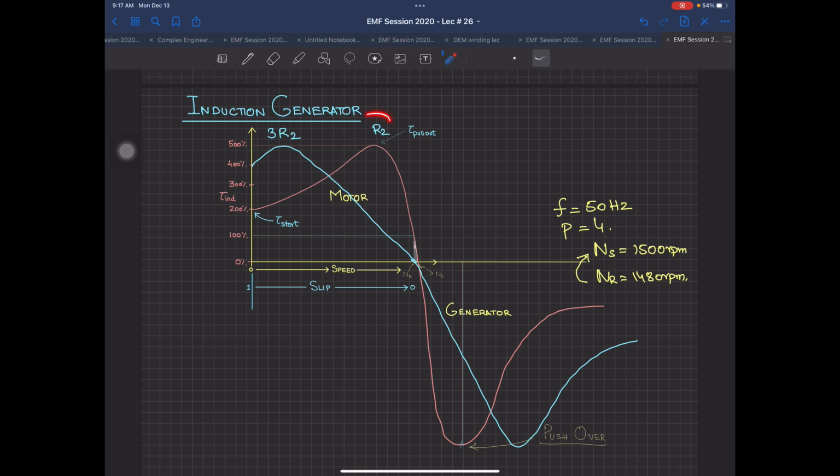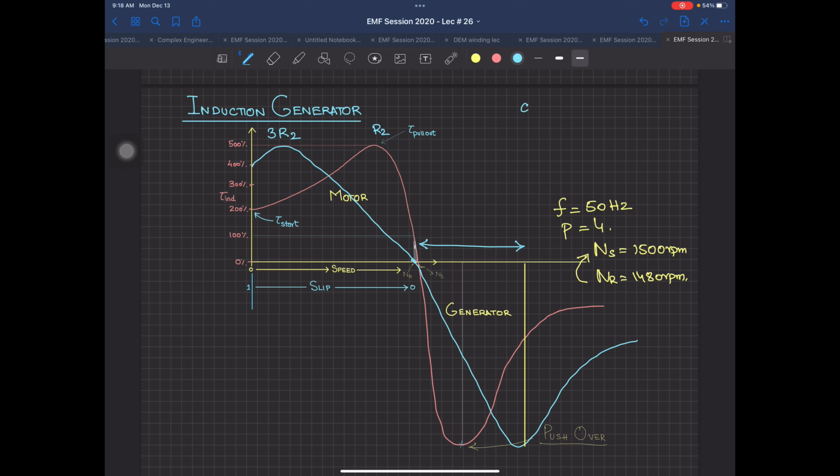So when you have changed your resistance from R2 to 3R2 by using either a wound rotor or maybe a design class C or whatever you are taking, the point over here is that now you have more space. But this is only possible if you are working in induction generator mode. So from this point to this point, let me mark this point also. This is your pushover point. So now the region of interest is this region over there.